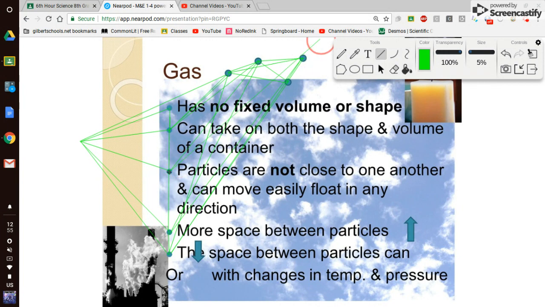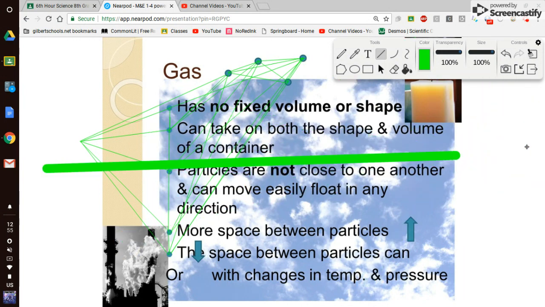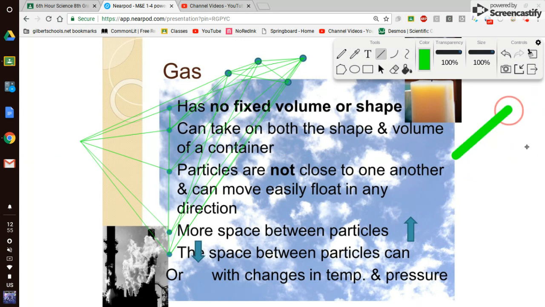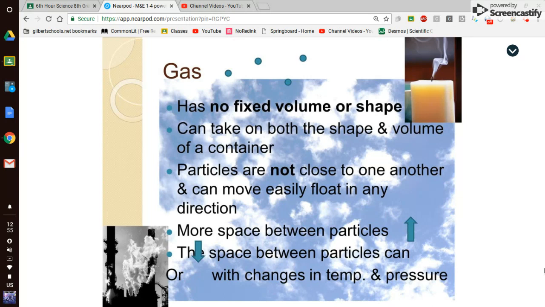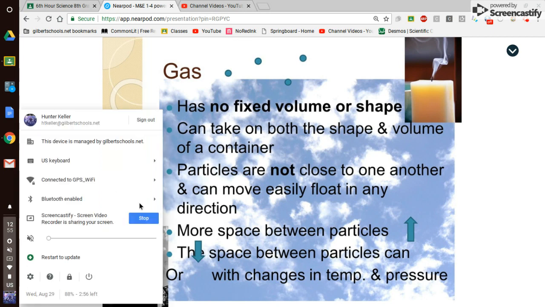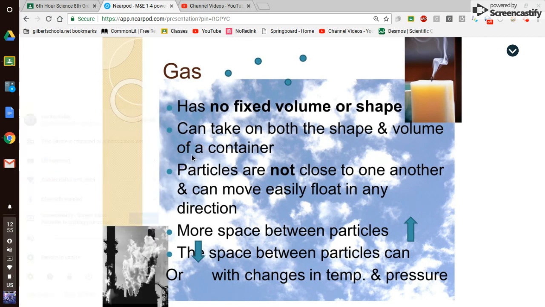So gases, you can have a fixed volume of it in particular cases. Remember when I talked about having a container of O2 gas? Okay, and that could be a specific volume. It'll tell you how many liters you have in there. But gas is always kind of trickling out, even if you've got that container nice and tight. And what happens if you open up the valve on that container? It's going to go right out. It'll make that little psst noise, and it's going to travel out wherever it can go.